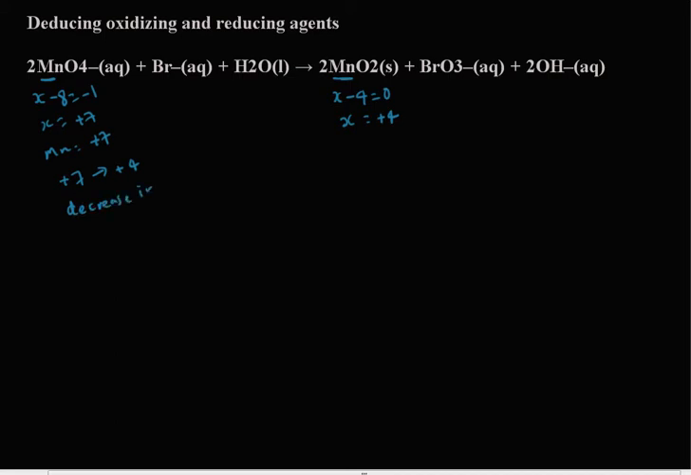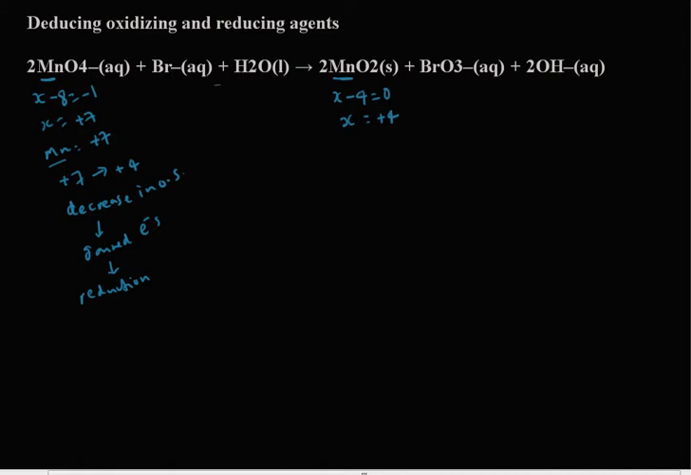So now why did this oxidation state decrease? Well, it must have gained electrons. So if it gained electrons, we call that process reduction. Right? So that's what happened to manganese. Its oxidation state decreased from +7 to +4 because it gained electrons. Now let's do the same thing with